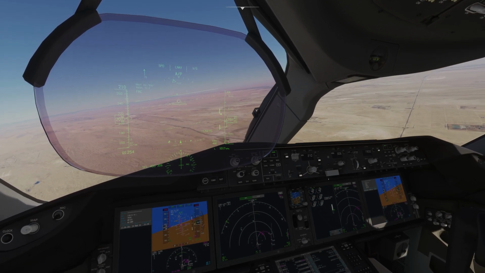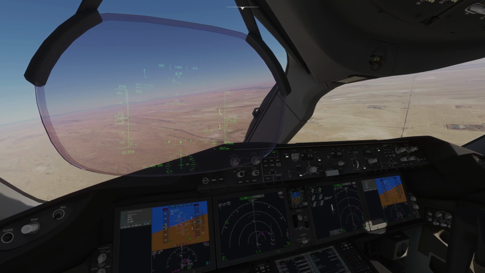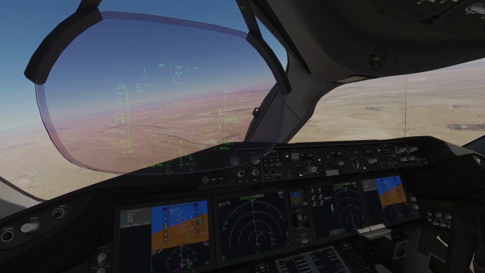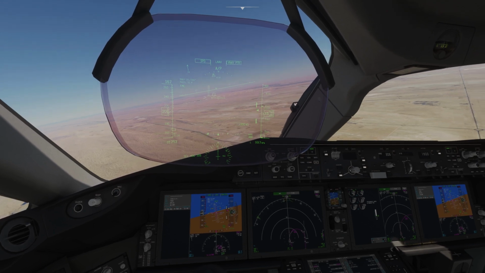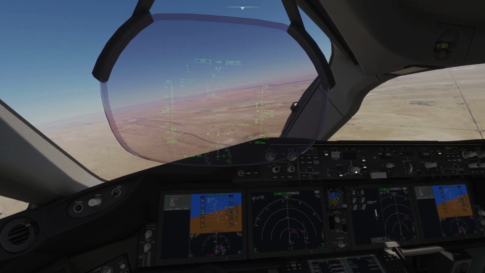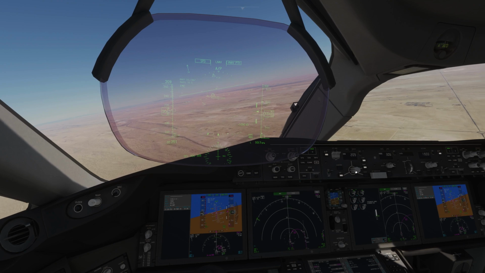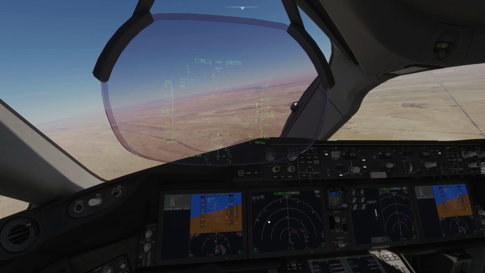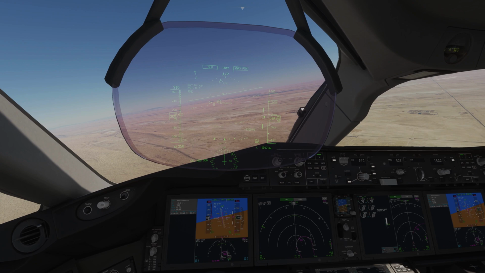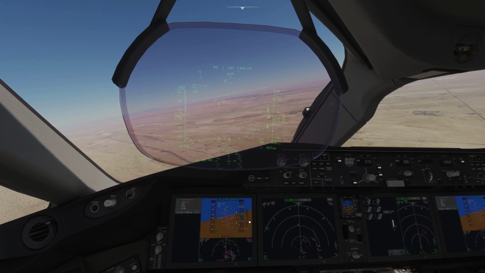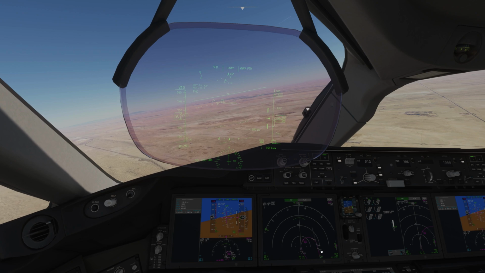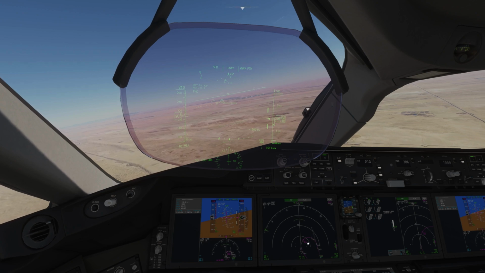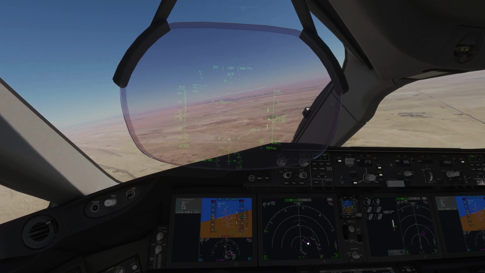Right now you can see I'm now going lower than the descent profile, so that's why this triangle has gone above. I can always take it out. You can always adjust the vertical speed like this. Then you can activate VNAV and get back the speed, and hope that the autopilot actually follows the descent profile. At any point I can also deactivate the autopilot and try to land it myself, but I'm just going to show you how you will follow